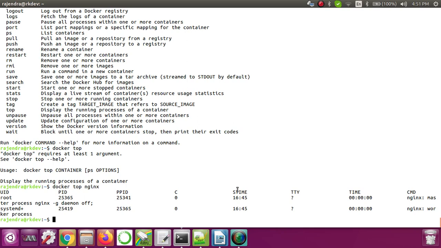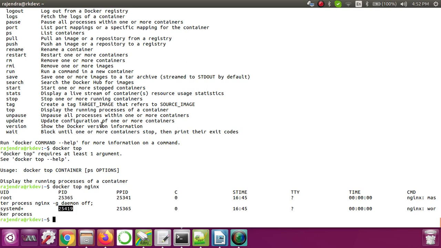If you see the help of it, it says display the running processes of a container. In this particular container there are only two running processes. The first process ID is this, the second process ID is this.